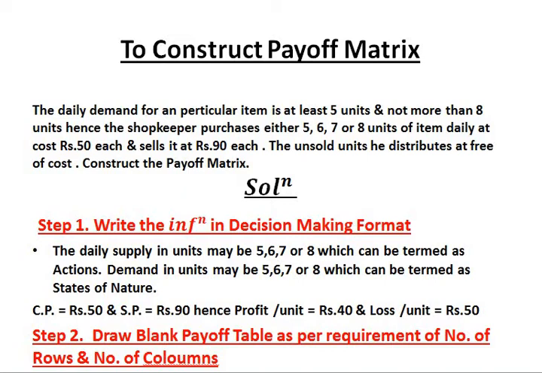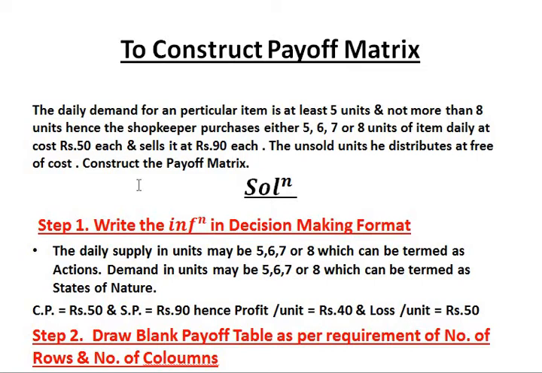Now come to states of nature. States of nature means what? The number of customers, the demand. So minimum 5 customers definitely are going to come. So the first state of nature may be 5, or there may be 6 customers, there may be 7, there may be 8 customers turning up. And therefore states of nature are also 4: S1, S2, S3 and S4, right? We are not going to consider 9. Why 9? Because even though 9 may come, as there is a limit, he is going to purchase a maximum of 8 units. So no question of 9 customers, 10 customers and so on. So here there will be 4 actions and 4 states of nature.